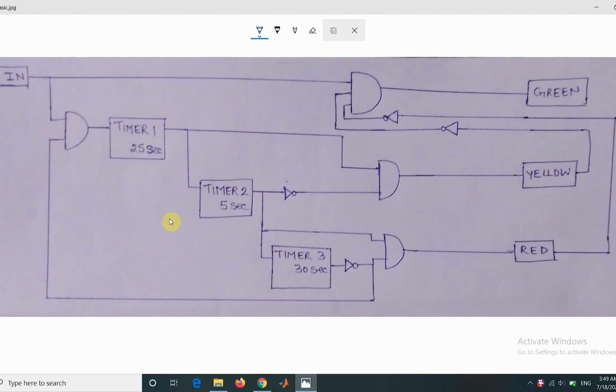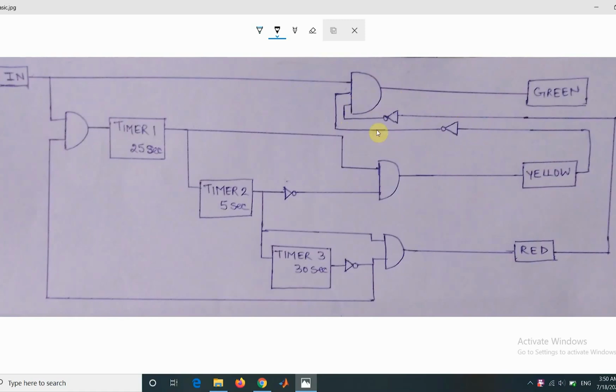So this is the circuit being taken. Here this is the input block which starts the process, and these are the three output blocks, three lights, that is green, yellow and red. Each of the lights is controlled by a respective AND gate, and as you can see this AND gate has three inputs. One input is directly from the input supply signal, and the other two inputs of this AND gate are actually the negated outputs of yellow and red lights.